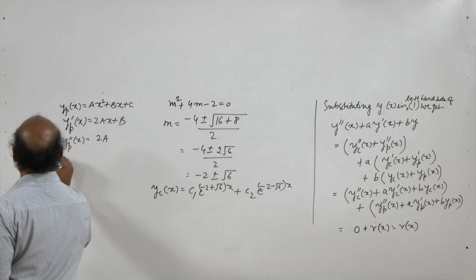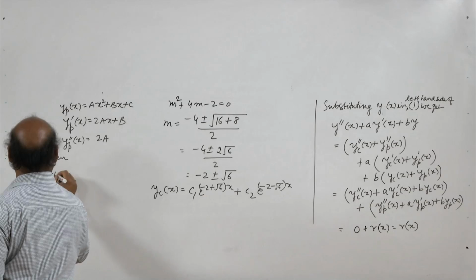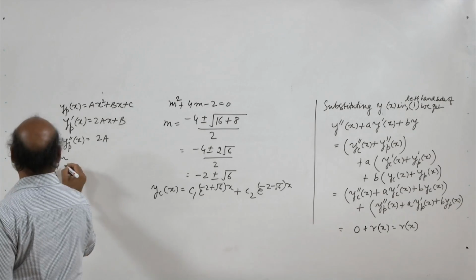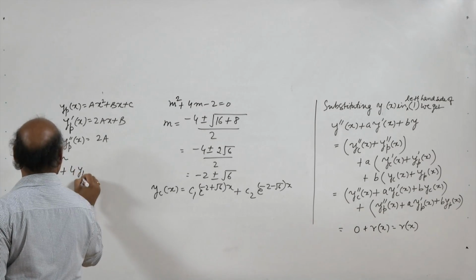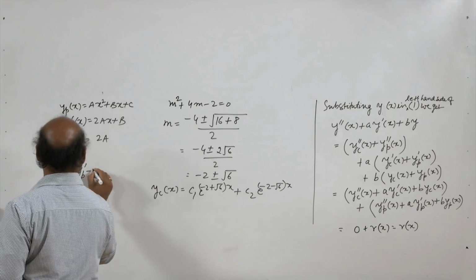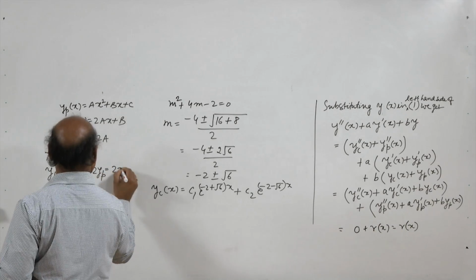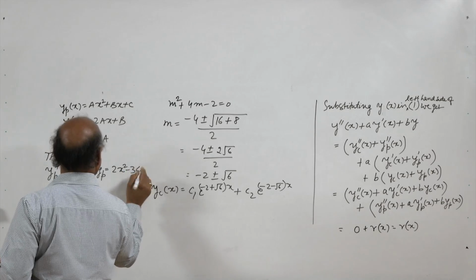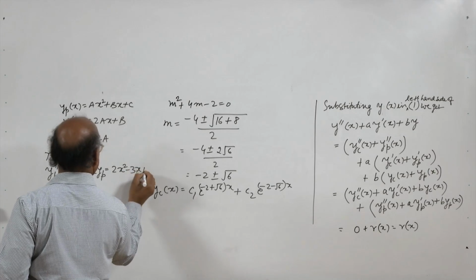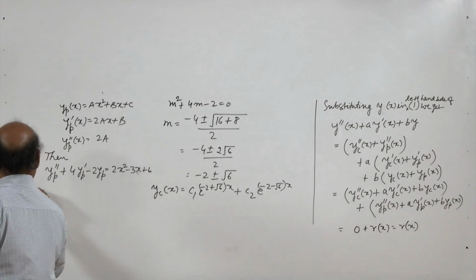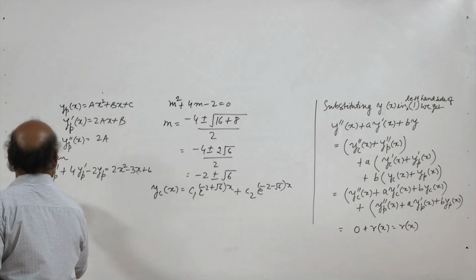So, then y_p double dash plus 4 y_p dash minus 2 y_p equal to 2x square minus 3x plus 6 gives us 2a